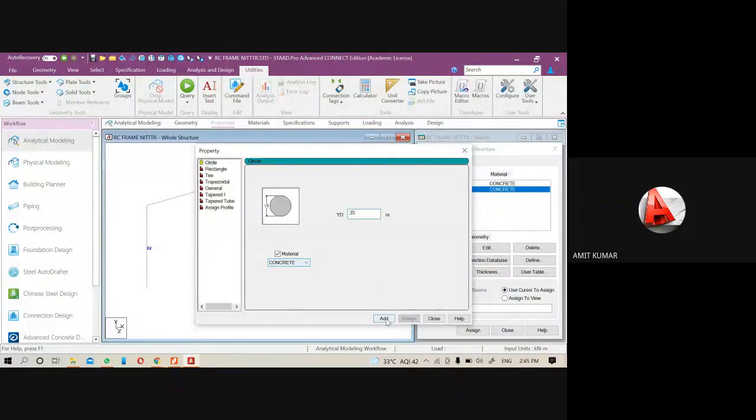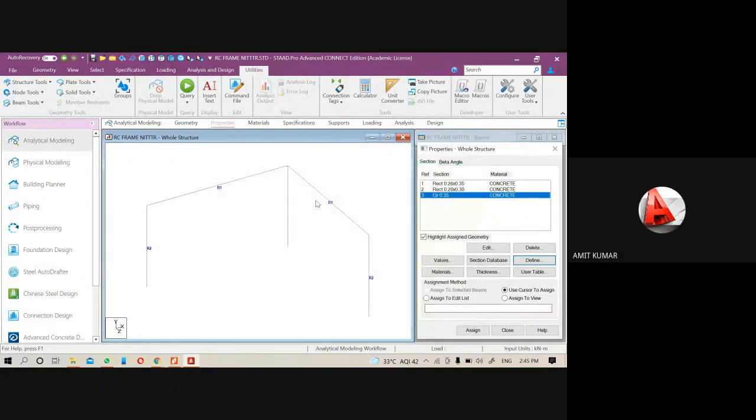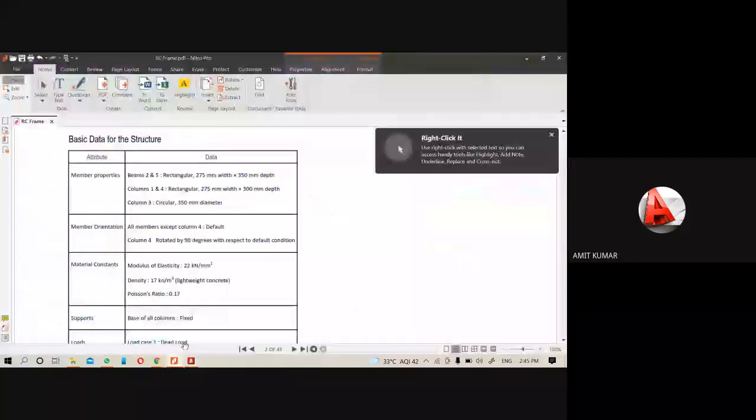Okay, that is your 350 mm, and we can assign it to this beam, or you can write the beam number 3 and assign it, so that this will be assigned through the edit list also. In the properties, next thing is we have to add the beta angle also.